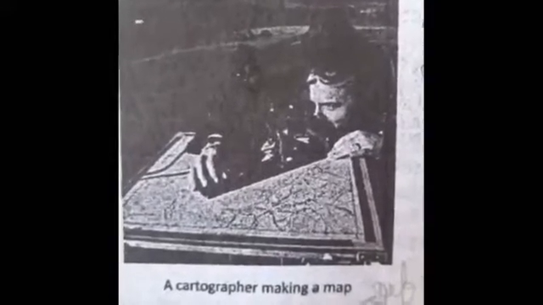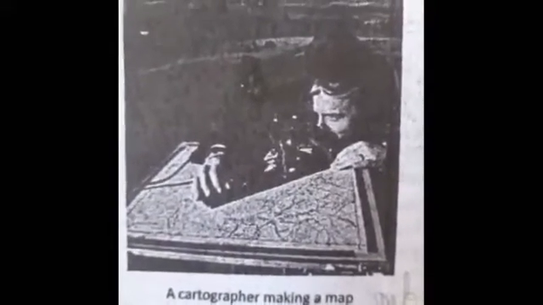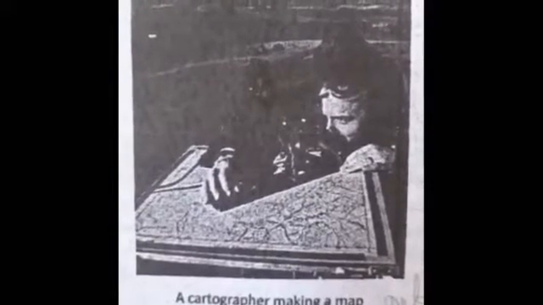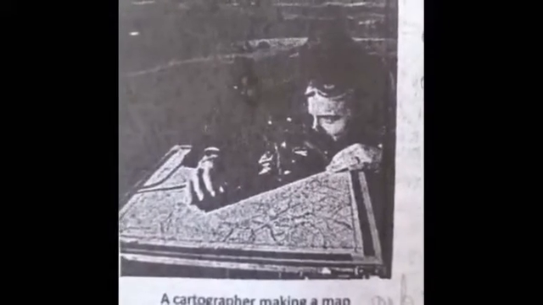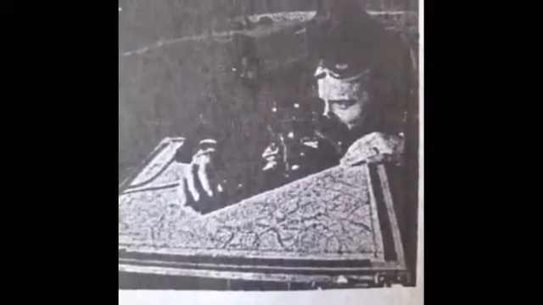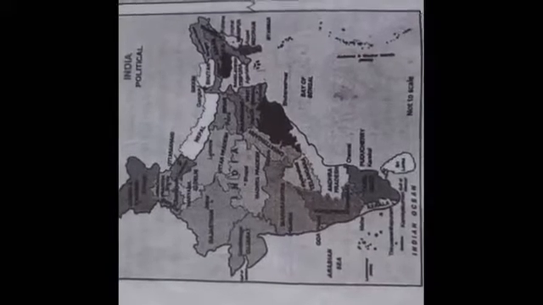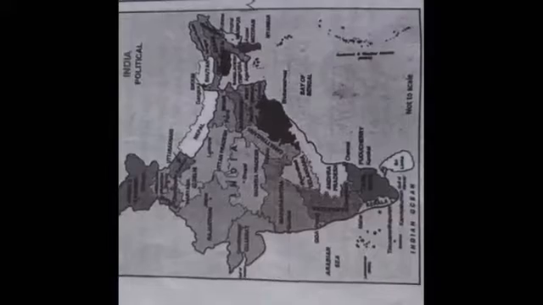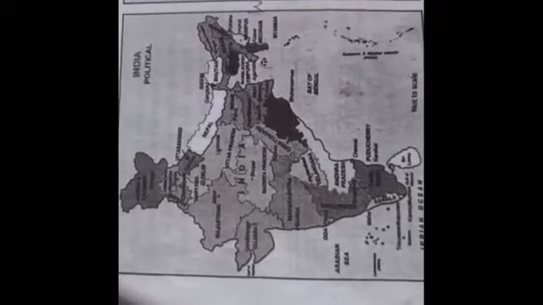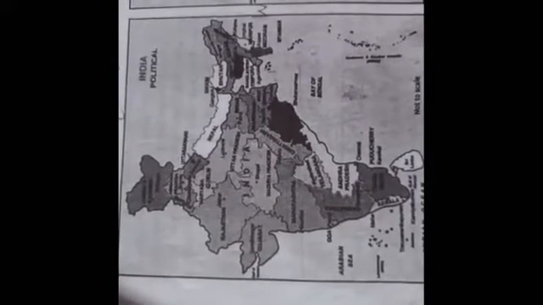Flemish mapmaker Gerardus Mercator was the first to publish a collection of maps in the form of a book. A book of maps is called an atlas. This is a kind of map which is drawn on a sheet of paper. Maps can be made in different sizes. We can make maps of the whole world, a country, a city, a village, or even a house. We can show all the details in it.